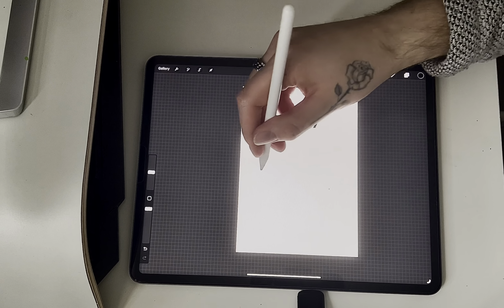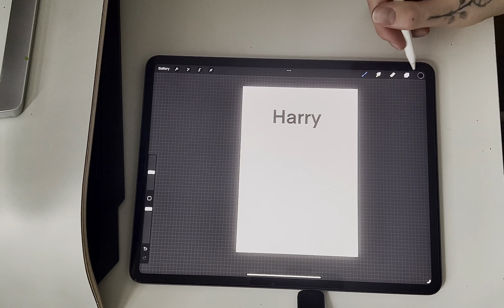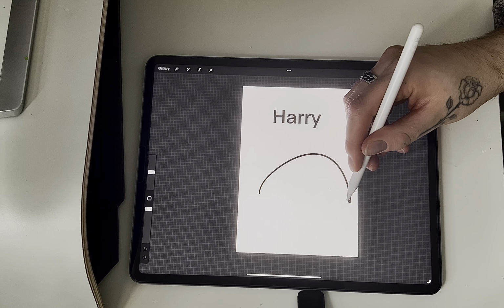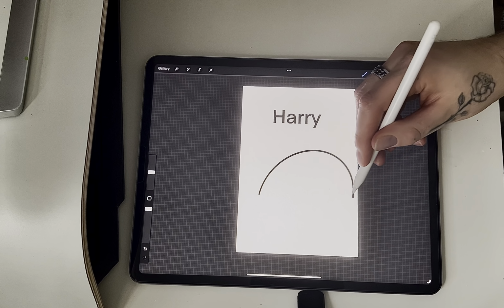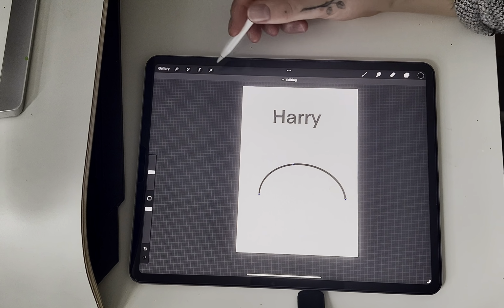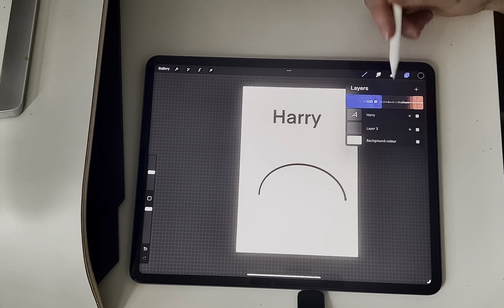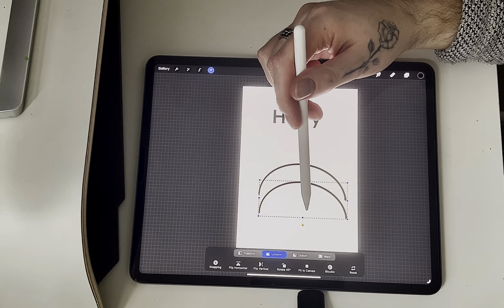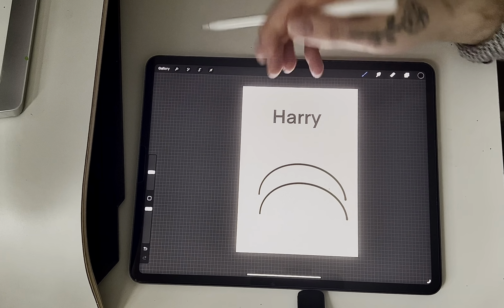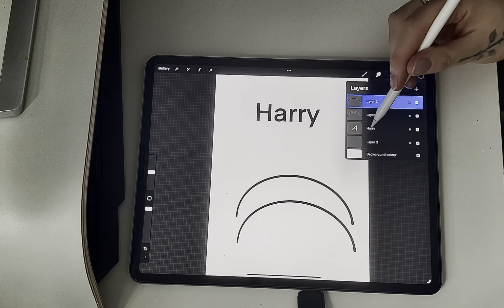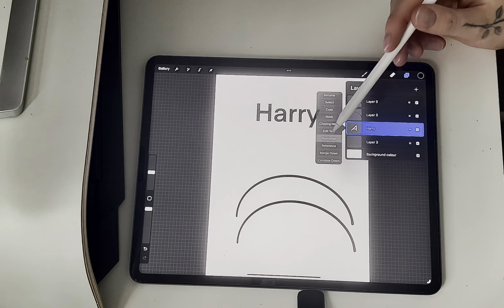Okay, so what you can do is just make a new layer, make an arc, hold it, just look a bit nicer. Even if you want, duplicate it, so you've got something to follow. Okay, so just go over to your text, rasterize that,